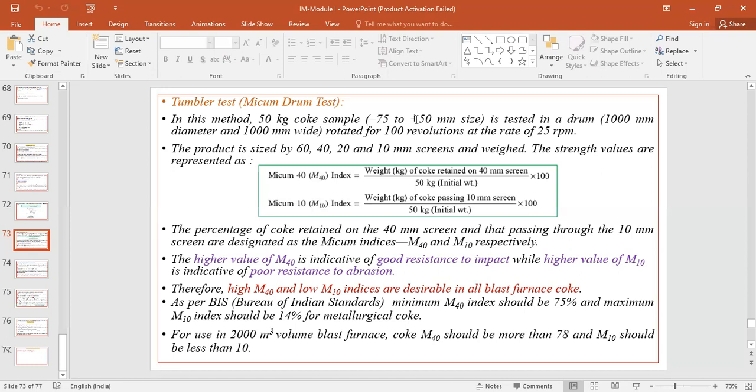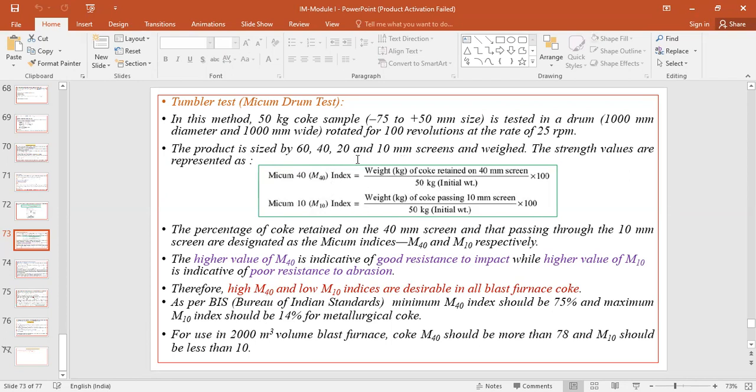and we need to allow this drum to rotate for 100 revolutions at an RPM of 25. After that, we need to collect the sample from the drum, and do the sieving again by using different screens. So here again we are taking screens of 60 mm, 40 mm, 20 mm, and 10 mm aligned in the same manner, and we need to do the sieving,